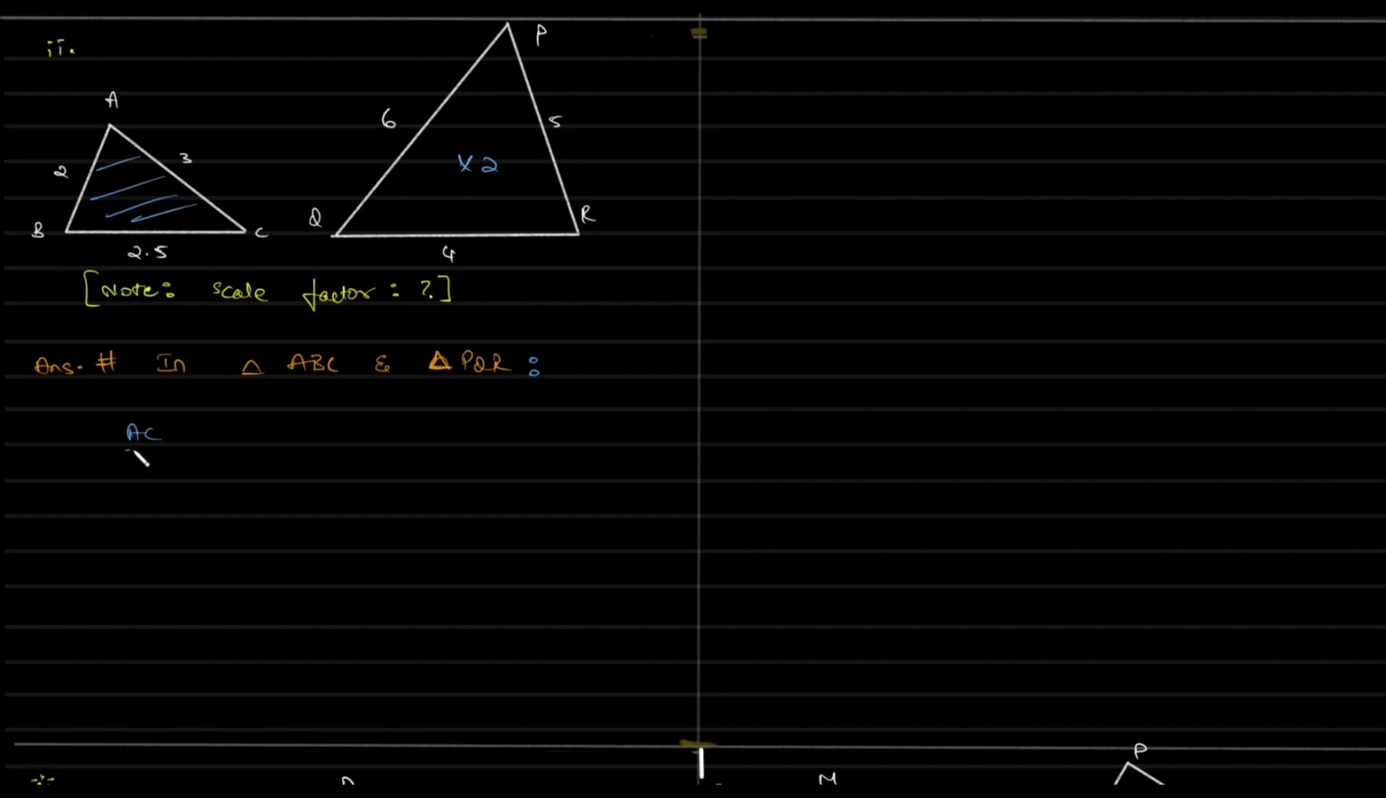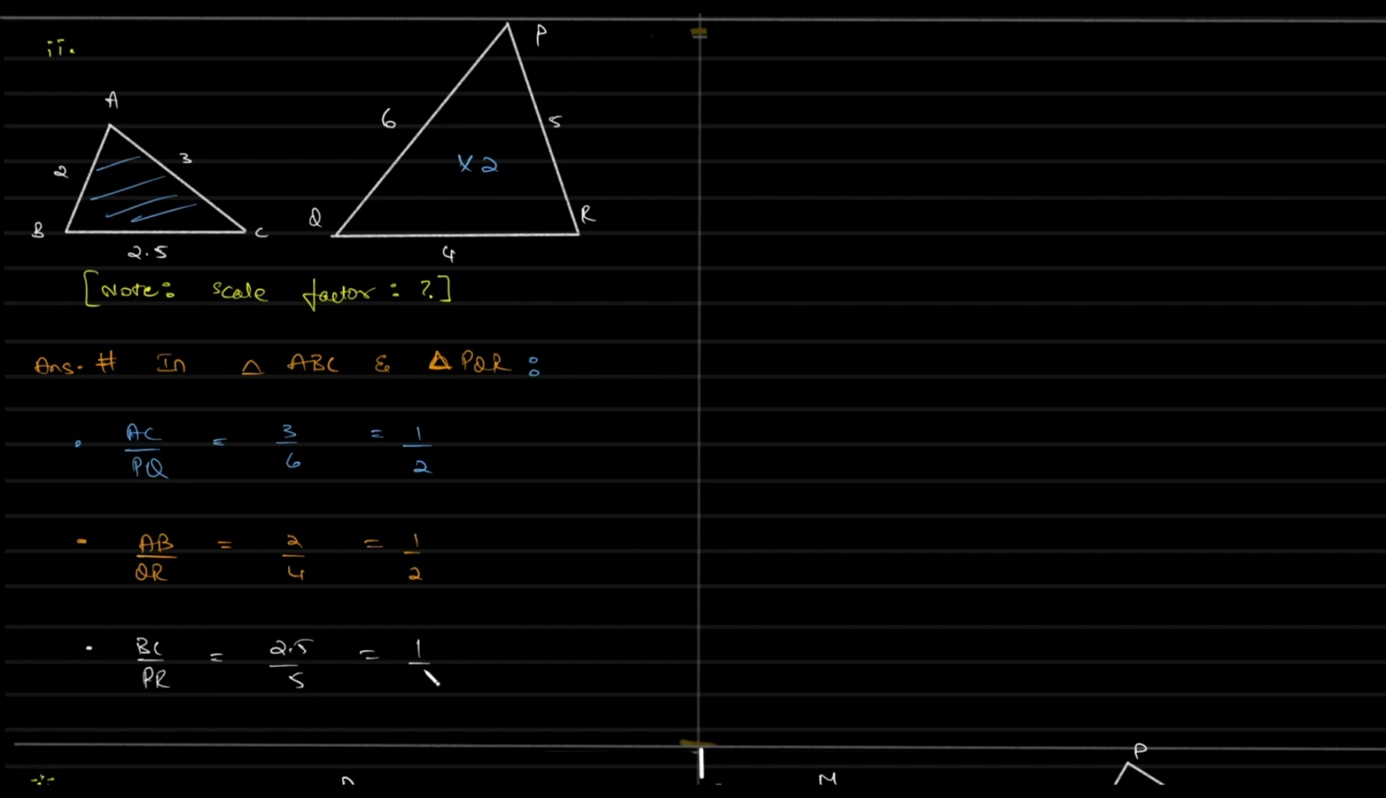We can start off with AC by PQ. So 3 by 6 is equal to 1 by 2. Be careful when you are dealing with diagrams which are flipped around. Then we have AB by QR, which is 2 by 4, which is also equal to half. And we have BC by PR, which is equal to